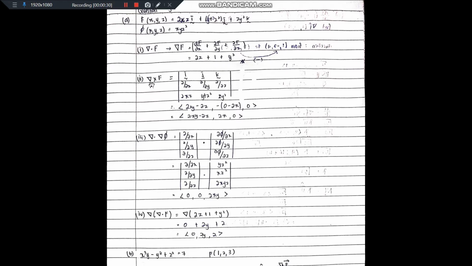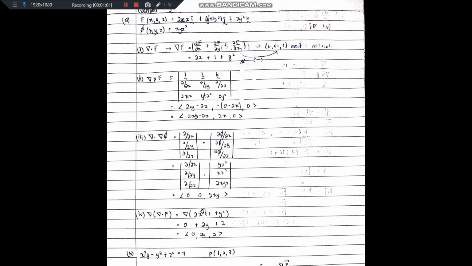Second, we have to find nabla cross f. We have to use the cross rule, and then we get 2zy minus 2z, 2x, and 0 in this form. Third, we have to find nabla dot nabla phi. First, we find nabla phi, which means we differentiate phi, xyz squared, with respect to x, y, and z, and then we dot with nabla, which means we differentiate again, with respect to x, y, and z, and we will get 0,